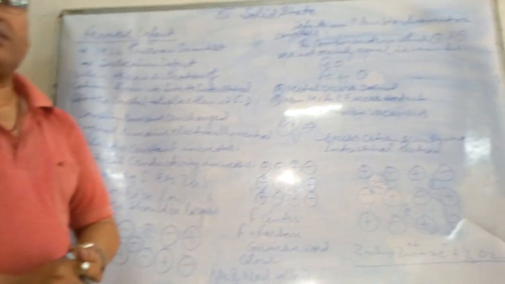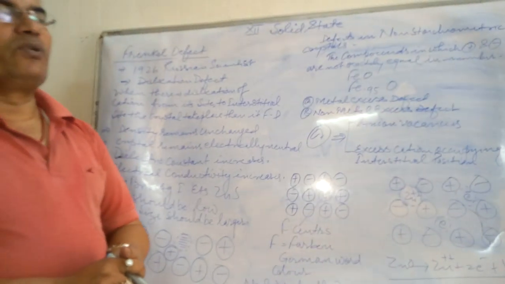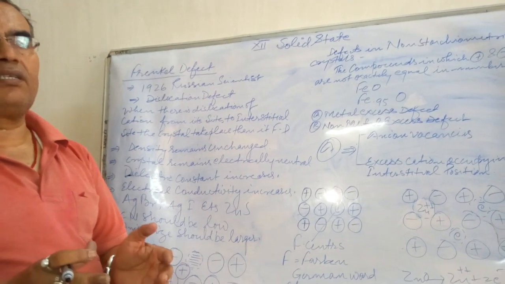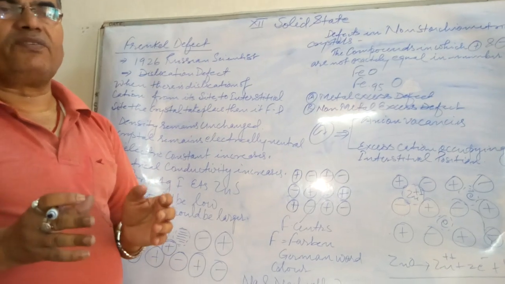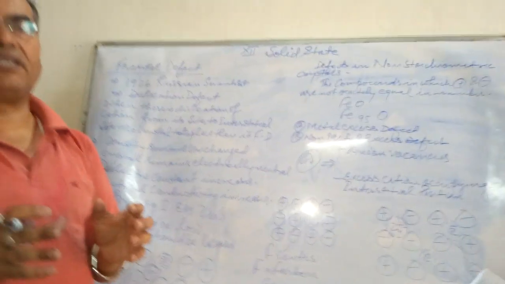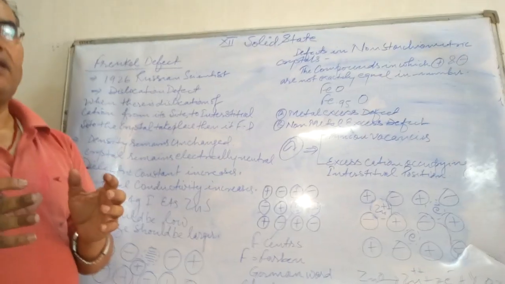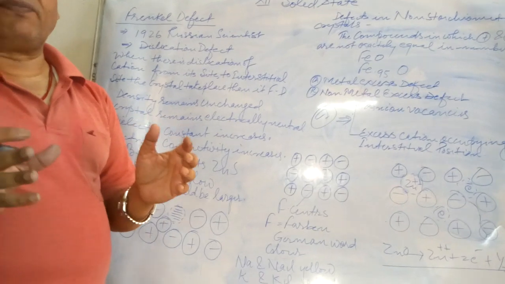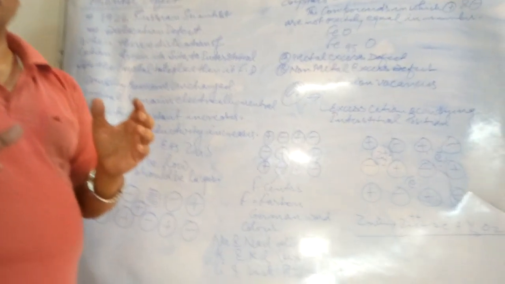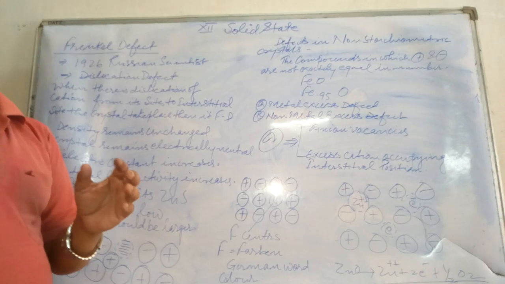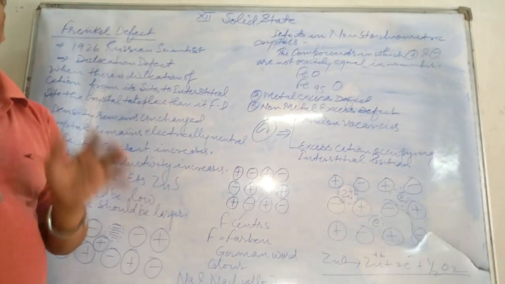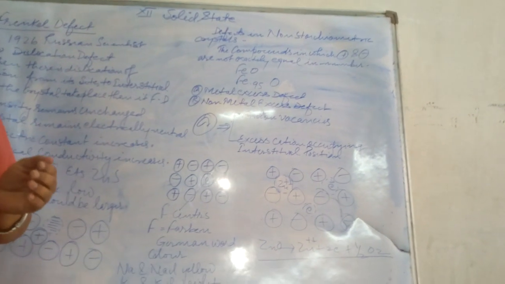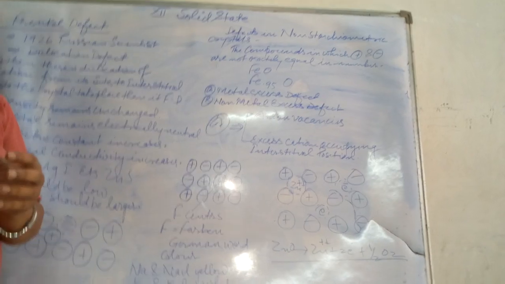Yesterday I discussed Schottky defect, and we know Schottky defect. This type of defect occurs in ionic crystals in which the size of cations and anions is almost equal. Schottky defect is also called a stoichiometric point defect, meaning it occurs in ionic crystals in which the number of cations and anions is equal. Children, in Schottky defect, there is a missing of equal numbers of cations and anions.